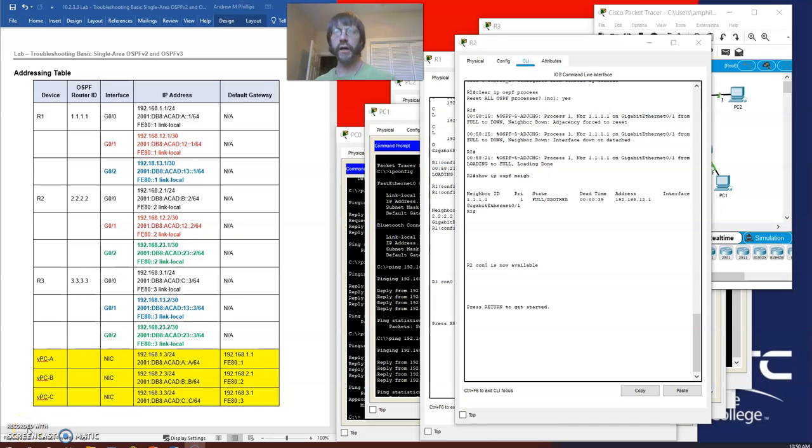Okay, so we have looked at router 1, we have looked at router 2. We found some addressing and network declaration problems on router 1 and a missing router ID. We found a missing router ID on router 2, but no network declaration problems. Now we need to move on to router 3, because while PCA and PCB can ping each other,